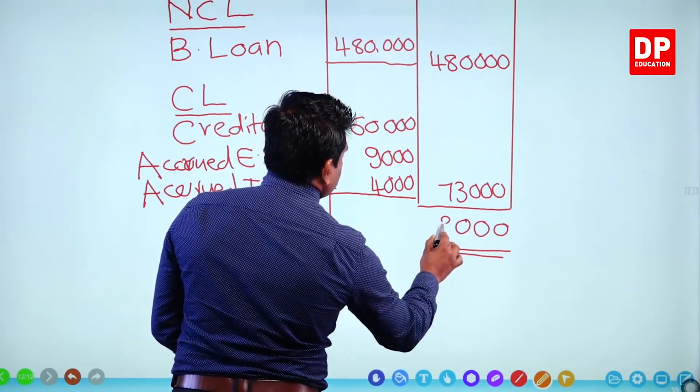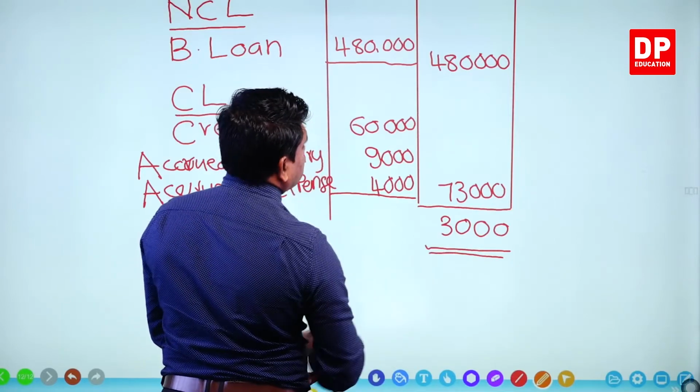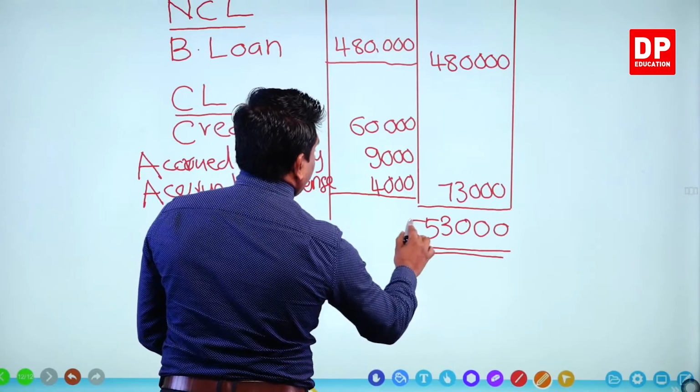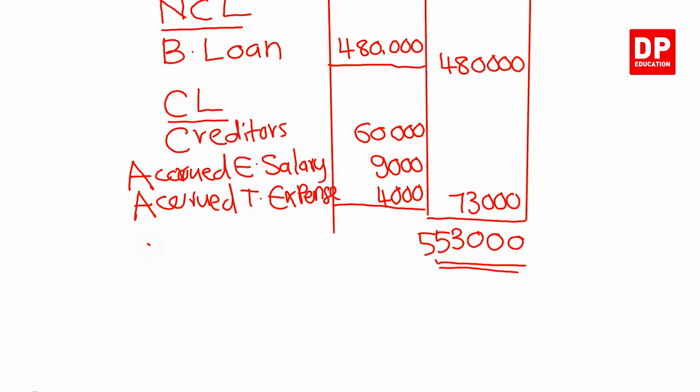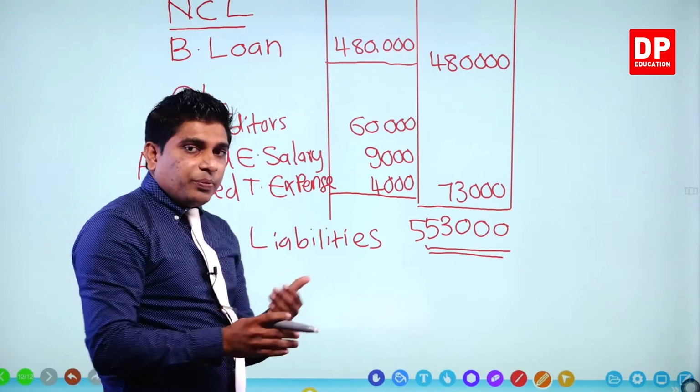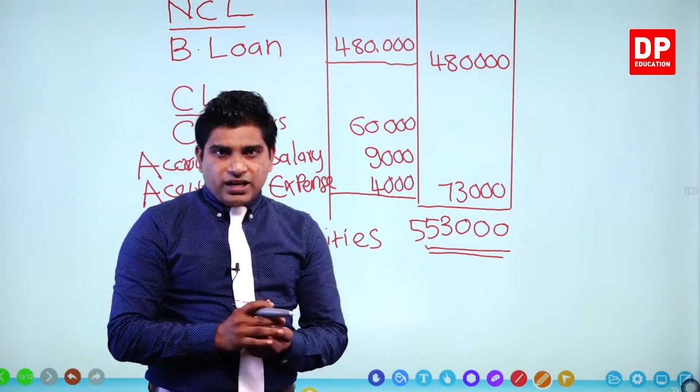Here 3,000. 5, 553. These are total liabilities. Now, this is the method of preparing statement of financial position